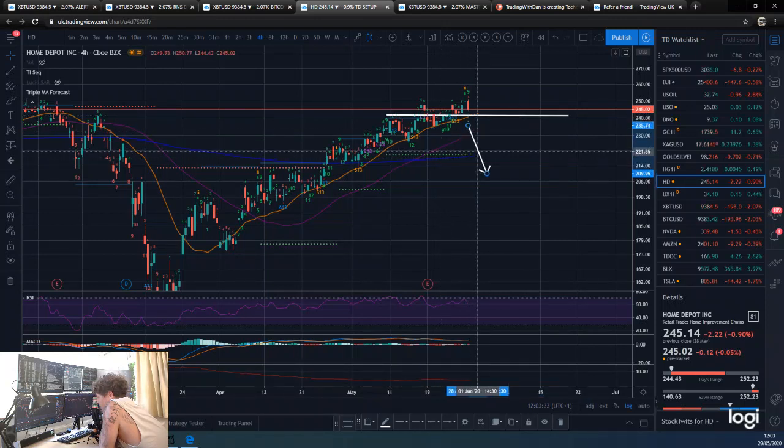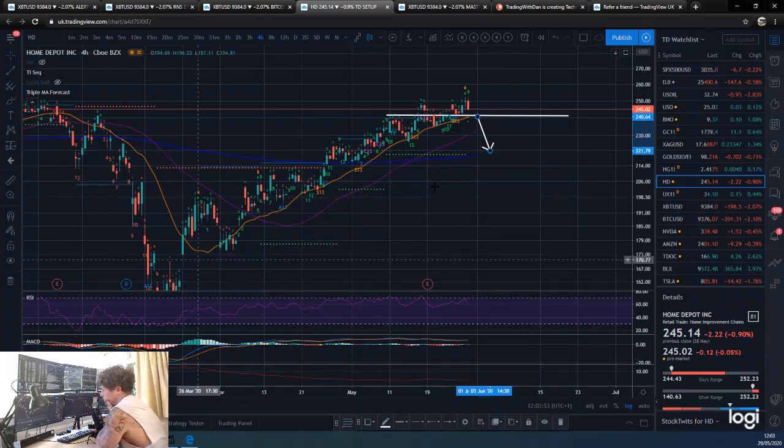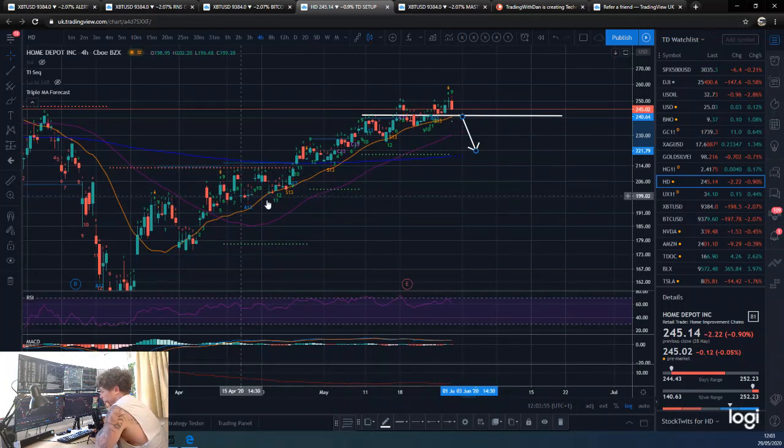And yeah, if we break that, we are breaking the 21. Wow, we've hooked this 21 really well on this 4-hour, haven't we? Look at these perfect buying opportunities if you are just trading that trend. If you're one of those Momo traders, those momentum traders. The fact we've hooked that so nicely and this is so tight, I would probably target the 400 for a move down, because you've got a lot of people in this trade now. A lot of people buying this 21 period 4-hour moving average or whatever iteration of it they're looking at, and it's been a pretty safe, low volatile, smoothly moving up trade.